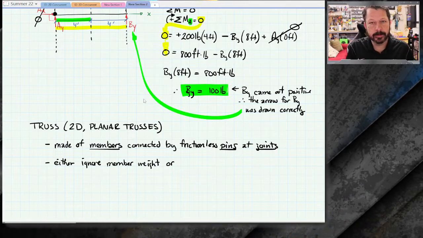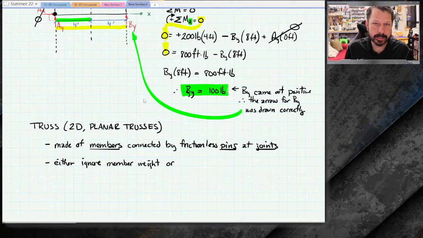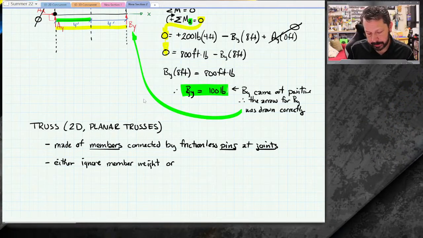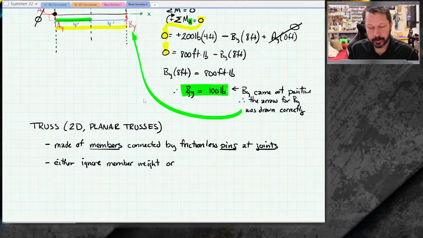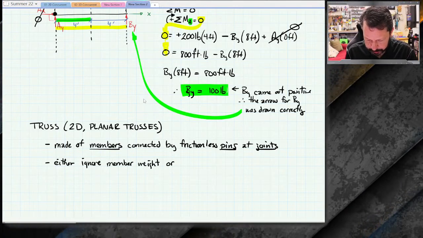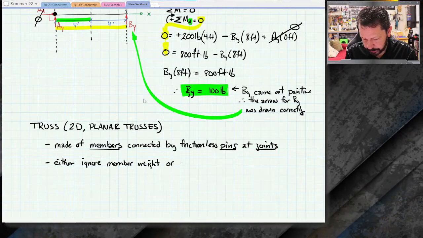Typically the loads are heavier, like you're driving cars across it and that's heavier than the individual little pieces of the bridge. But if you don't think it's okay to ignore the weight, what you do is apply